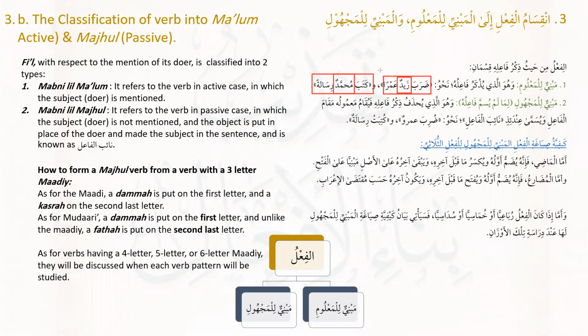So out of adab, as well as because the reason why the fa'il is not mentioned can be more than one. It can be because he is actually unknown, or it can be because you don't want to make a mention of him. It can be because you want to hide his name, or perhaps because you despise him, you don't like making mention of him. So there can be a number of reasons why you would not make a mention of the fa'il.